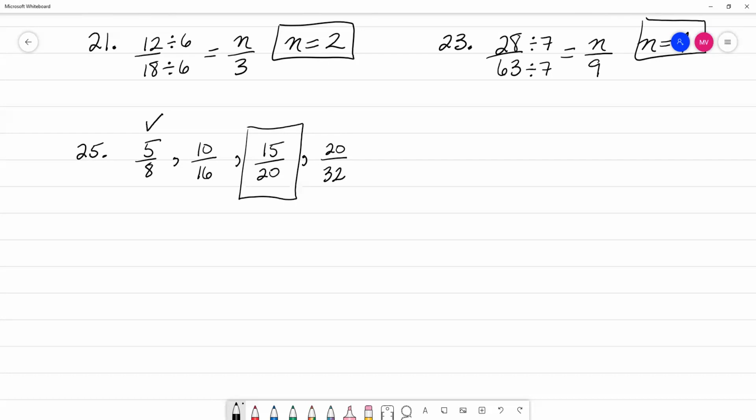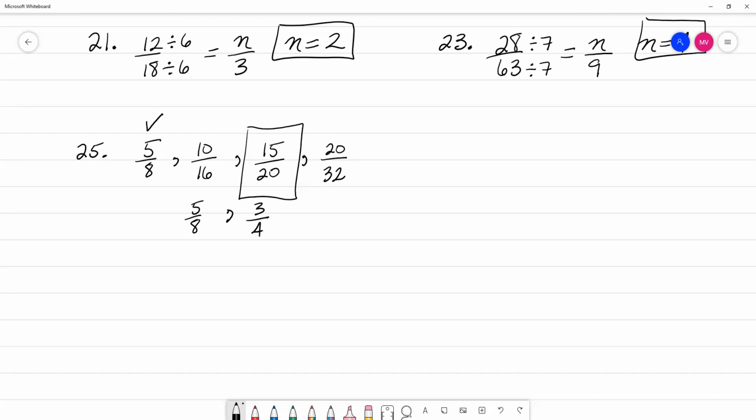What goes into 10 and 16? Well, 2 divides into 10 and 16 and gives you 5/8. Now look at 15 over 20. What's the greatest common factor between 15 and 20? Right. And so when you divide 15 and 20 by 5, it gives you what? I'm sorry, 5 goes into 15 how many times? Right. And 5 goes into 20 how many times? Right. It's not the same